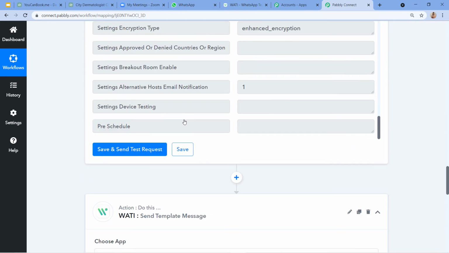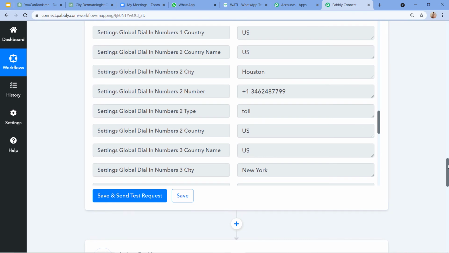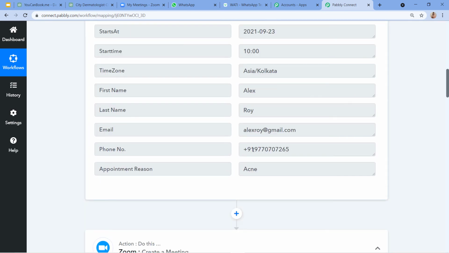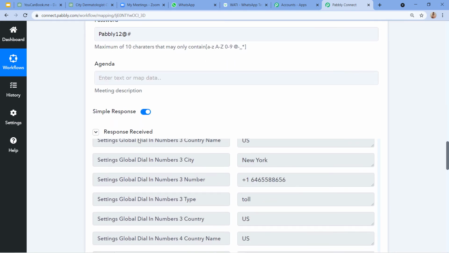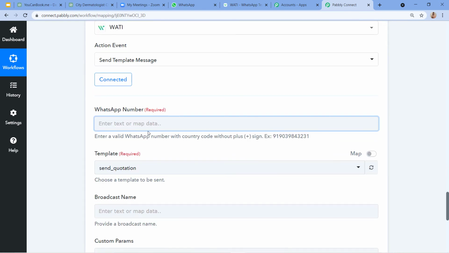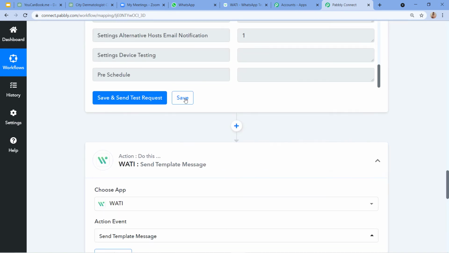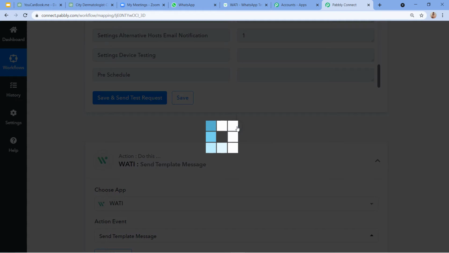But the issue here is, let me show you, we got the phone number in this format. Here the plus is there. So how are we going to do that? We cannot enter the phone number here because Vati won't work like this. So we have to remove this plus sign. How can we do that? Don't worry, let me tell you that here between them, again we are going to establish a new window.